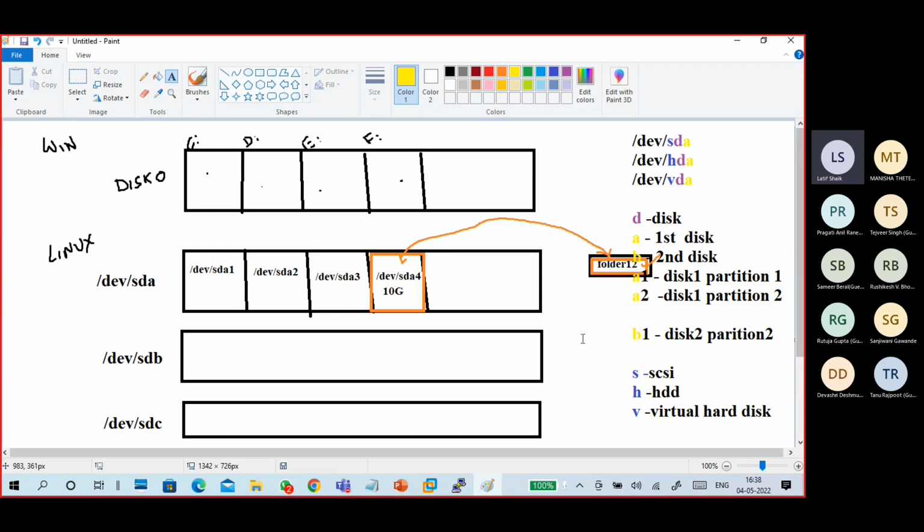Okay, so that was a little confusing, but it's fixed now. SDA, SDB, SDC. These are disk 0, disk 1, disk 2 in Windows. The partition names are SDA1, SDA2, SDA3, SDA4. If you use a physical machine, say a desktop, and install a Linux operating system directly on it, then the hard disk, a normal IDE type of hard disk, is named